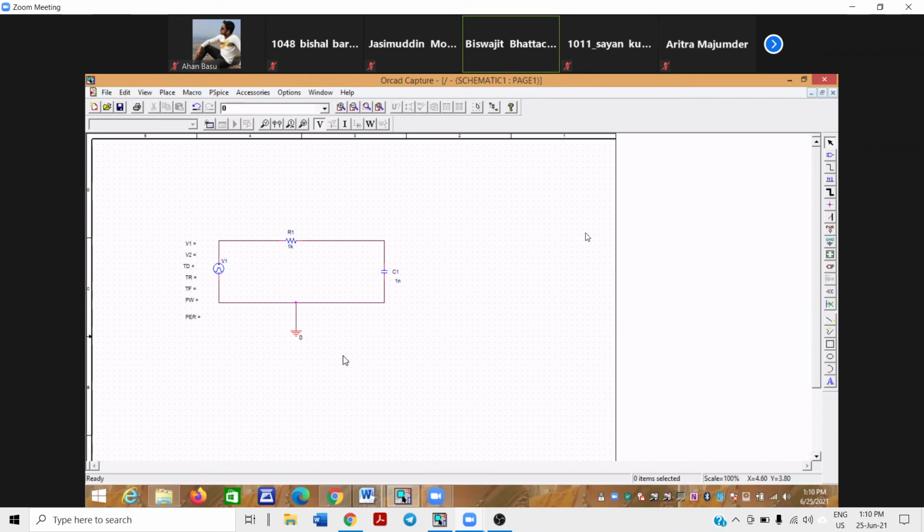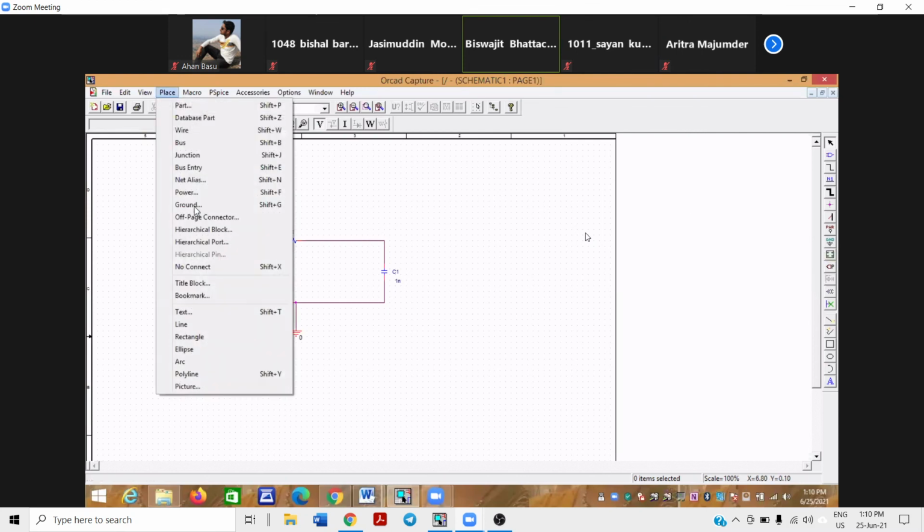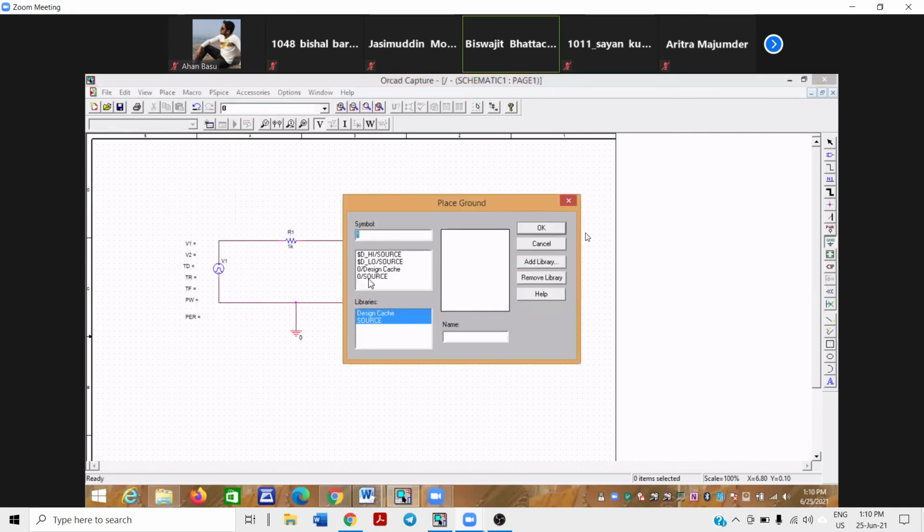Now in PSpice, there are nodes. This is one node. Ground is this one shortcut, or you go to place and select ground. Then the third or fourth one, output source. With a 0 it will come, that is our ground.